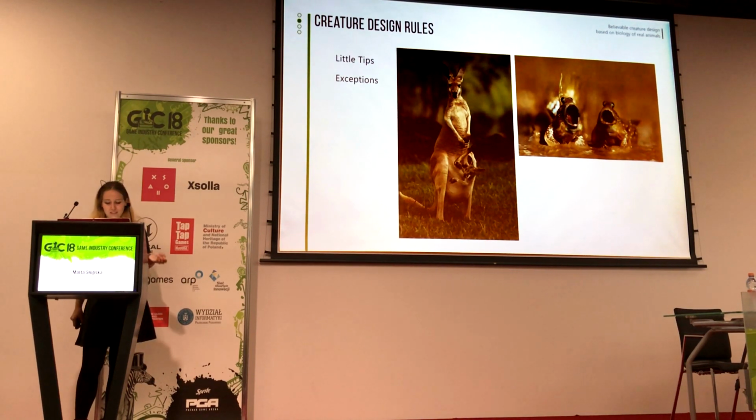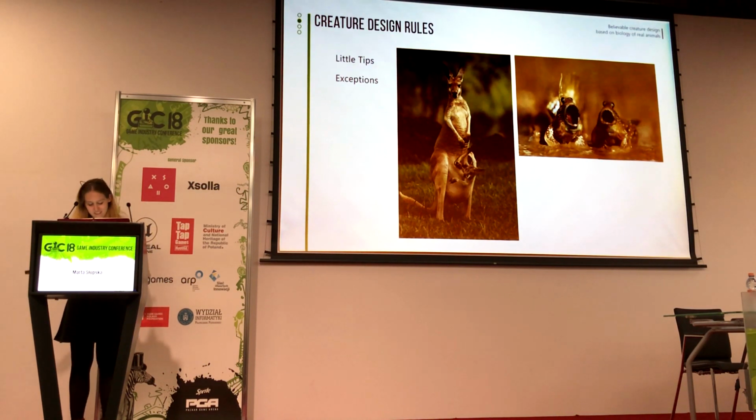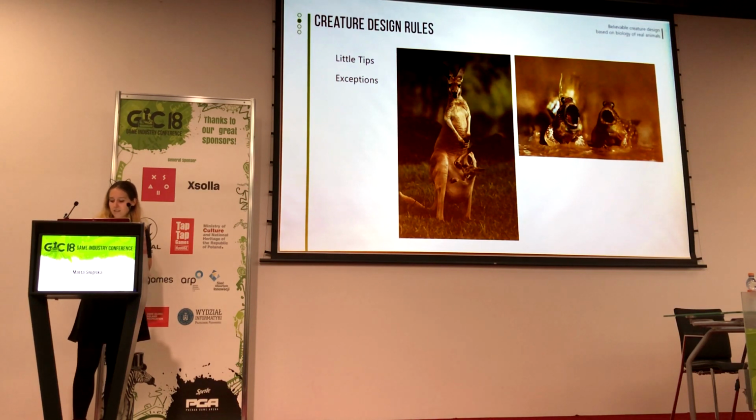For example, mammals usually give birth to their offspring after the pregnancy, but the kangaroo is the exception and gives birth to a very little animal and keeps it in its pouch. And the second example is the mudfish, because fish usually don't breathe atmospheric air, but this one does.